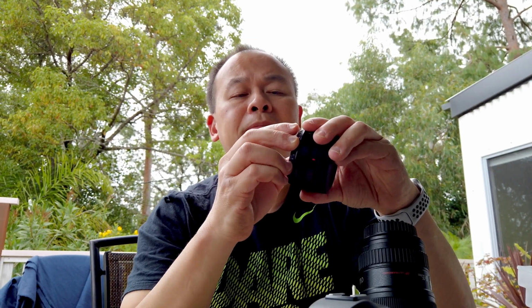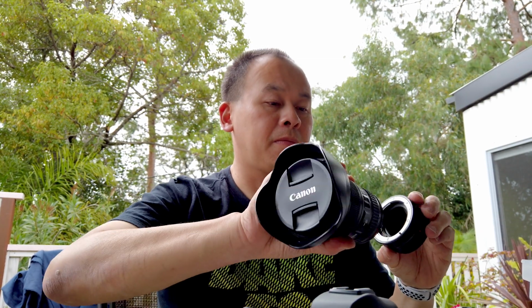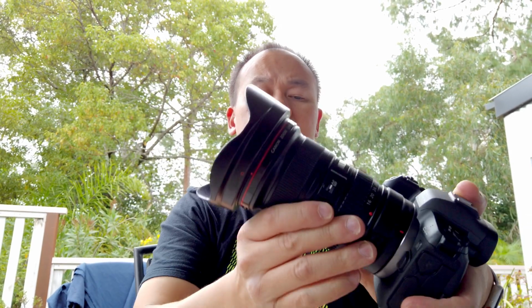I'm going to attach that to the EOS lens adapter. Satisfying click. I'm going to remove this bit, remove the cap, and then attach the whole thing to the EOS body. Now the first thing you'll notice is that